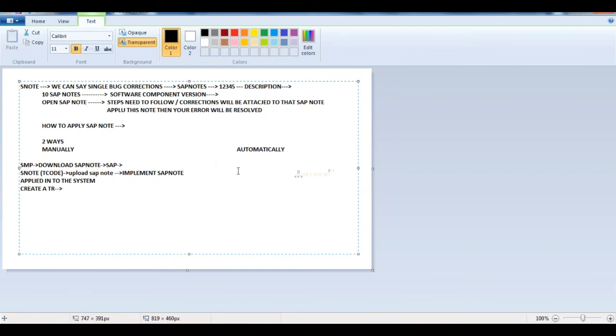So now I can configure SAP router in my system, and in the SAP route tab we can maintain all the child system information. All my child systems, dev, quality, production, all my system information I can maintain, and SAP's SAP router details also I can maintain in the SAP route tab.